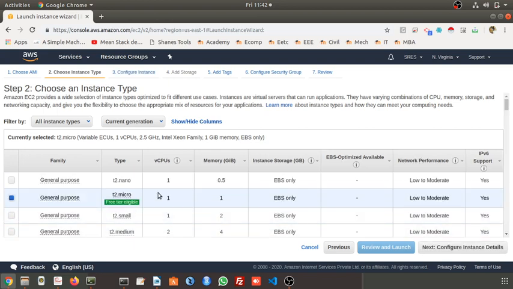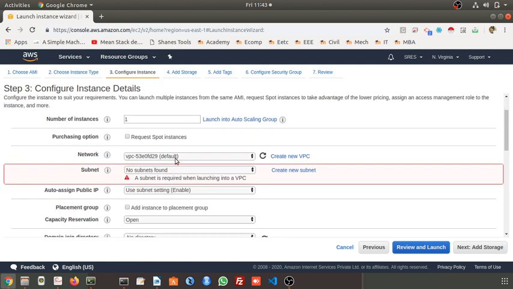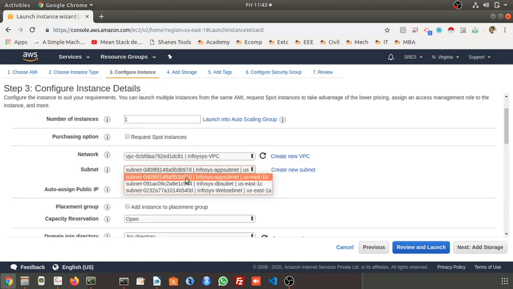Here you have to take care: in Infosys VPC, in the 1B location, in the app subnet. In the 1B data center availability zone, you can have n number of subnets, but in this app subnet I am going to create it.